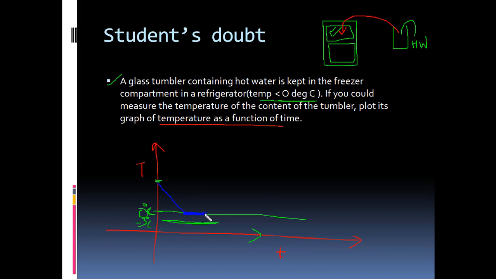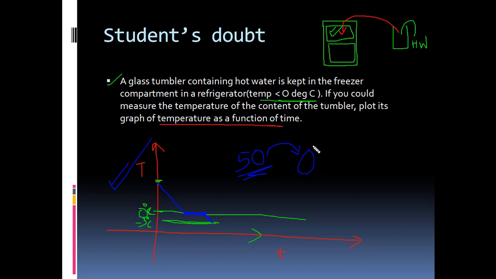Now this is the temperature of the refrigerator. From here again the temperature of the ice, that is 0 degree ice, will decrease and it will acquire the temperature of the refrigerator. So this is the graph. This is a very important question, so you should keep this in mind. Here, suppose the hot water's temperature is 50 degrees centigrade. This is not given in the question, but for consideration, suppose it is 50 degrees centigrade. Now from 50 degrees centigrade, it will convert itself into 0 degree centigrade water.